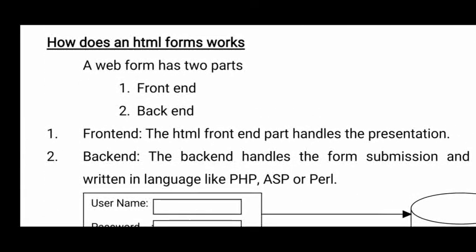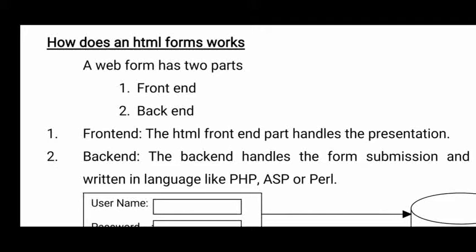Here you can see how forms can work. When you are designing a form or when you are giving a form, as I already said, that form data is submitted to a server. But you don't know the server, where the server is also you don't know. Just using an application form, you are filling in that information and clicking on the register or submit button, and that information is submitted to a server.